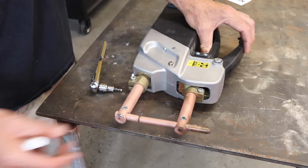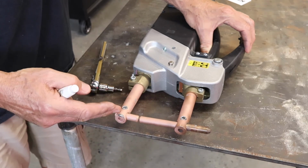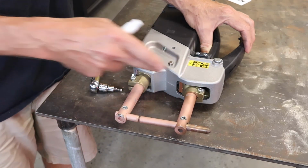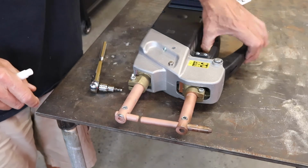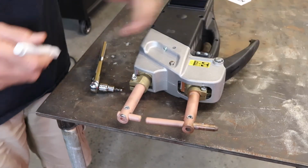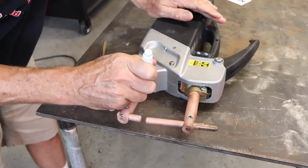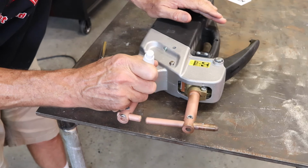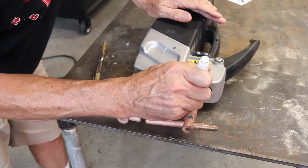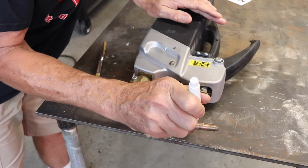Here are a couple of tips. When you assemble these arms, make sure that you insert them so that the Allens are up so you can grab all 4 Allens without having to flip it over and work the other side. Another thing to make it easier to install these, use a paint marker to mark the arms. And that way you know how far they go in, and also mark up here,